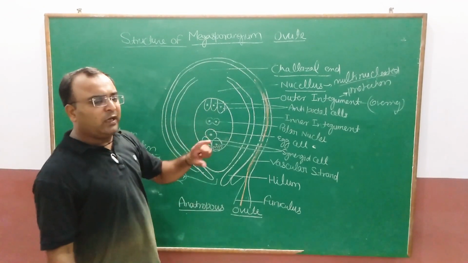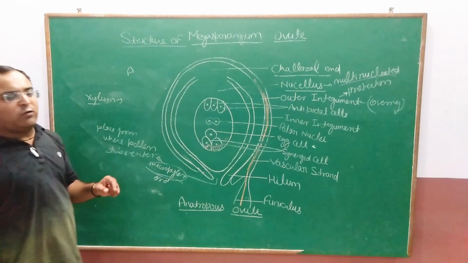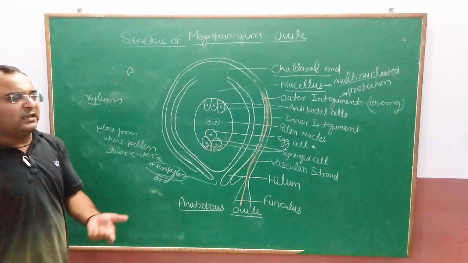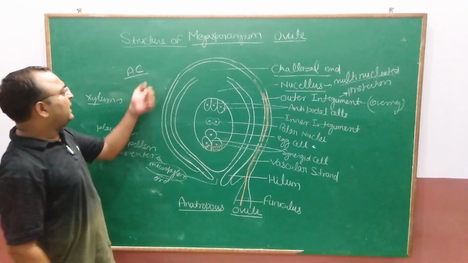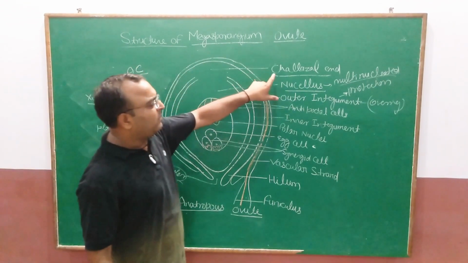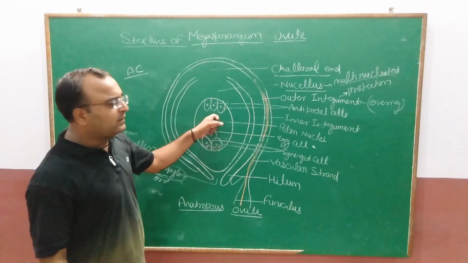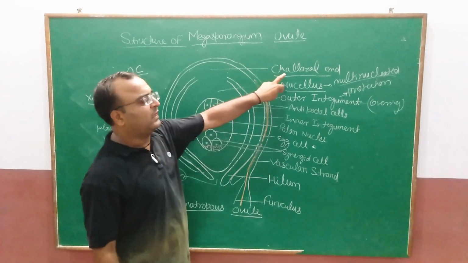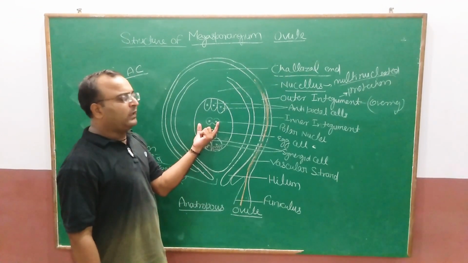Now, how we are going to remember? Nowadays, summer is there. तो in summer क्या होगा? Summer में क्या है? Temperature is very high. Then we require the AC. तो AC से याद कर लेना कि chaligeal end पे क्या present होगा? Antipodal cells are present. तो always remember, don't forget about the AC. तो AC means क्या होगा? Antipodal cell. 3 antipodal cells are present toward the chaligeal end. Is it clear? Now centrally placed 2 polar nuclei are present.